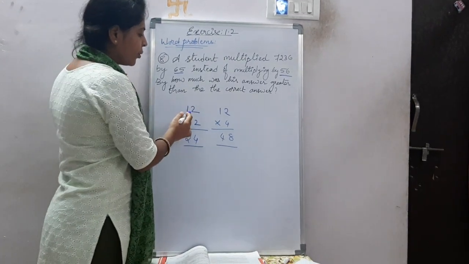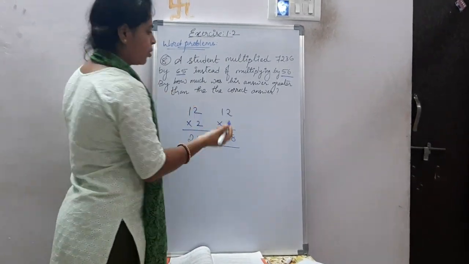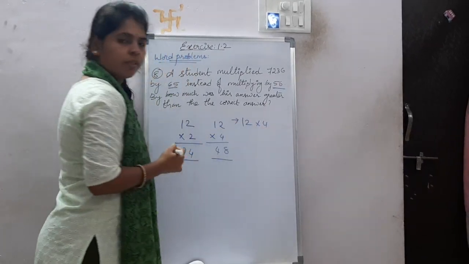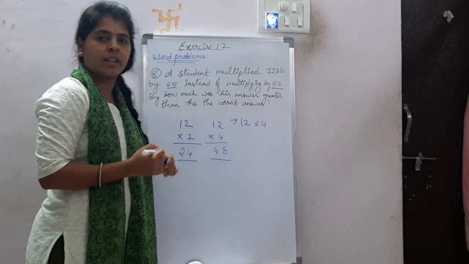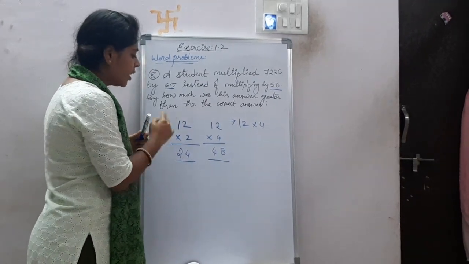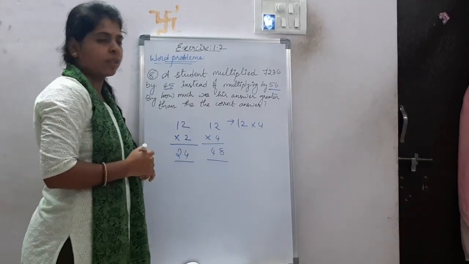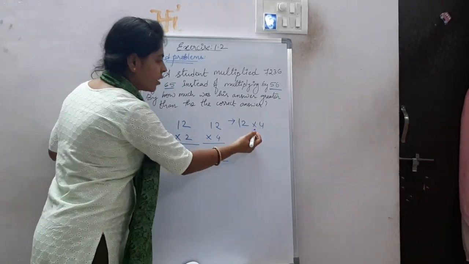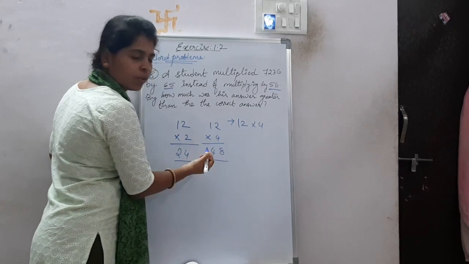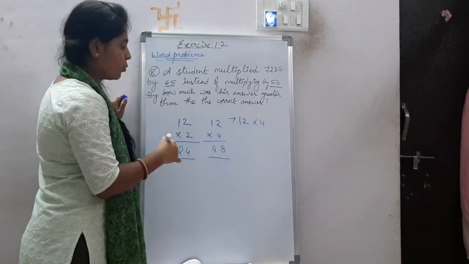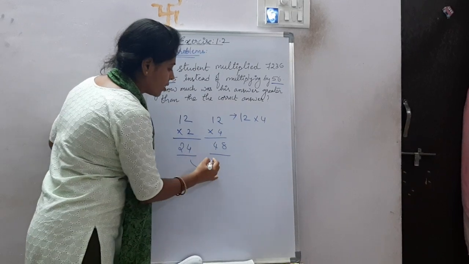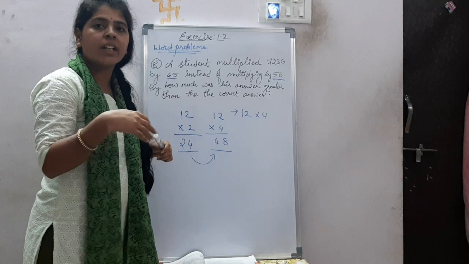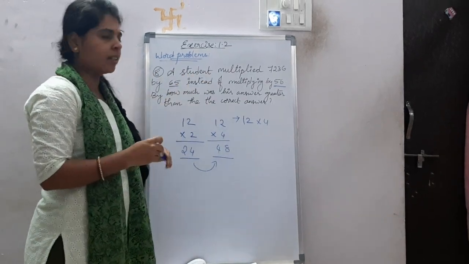So instead of doing 12 fours are, which is what the teacher actually said to calculate, what has he done? He did 12 twos are. After doing that he came to know that the teacher said to do it with the 4, but he had done it with the 2. So what was the difference between both of these? That is what you have to find out, by how much it was greater. Like that it is given in this problem.